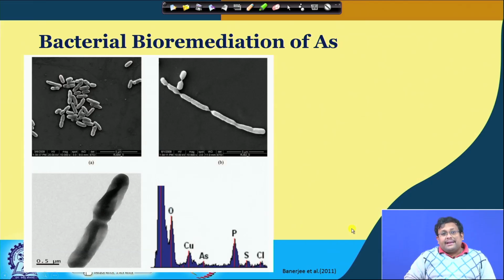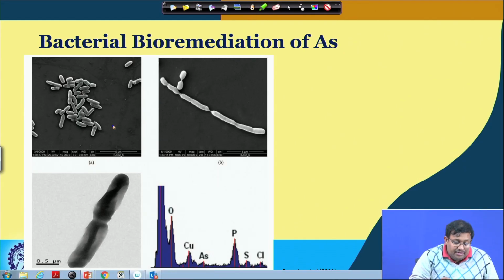For example, this is a bacterial bioremediation of arsenic. So, bacterial bioremediation of arsenic basically occurs through incorporation of arsenic by some bacteria. This research was produced in India in the year 2011, where the researchers identified several strains of bacteria, and they saw that these strains can ingest huge amounts of arsenic compounds, specifically different forms of arsenic, in their body, and as a result they can decontaminate the soil. So, these specific strains of bacteria are known to ingest this arsenic from the environment, and thereby they basically